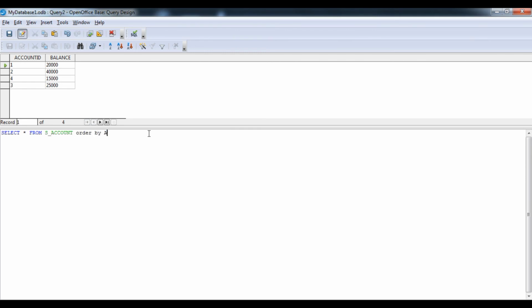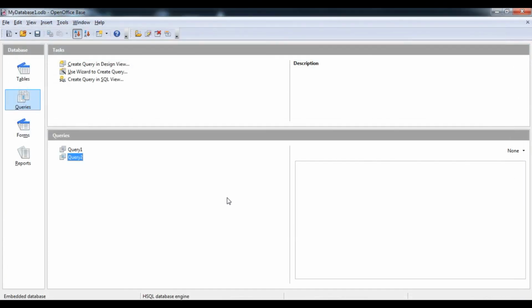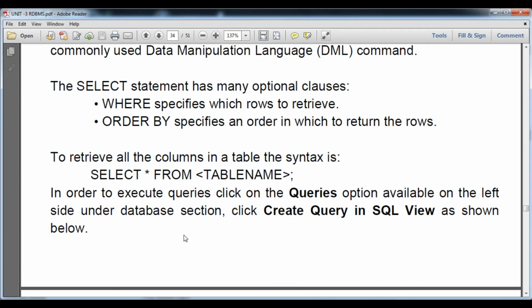So student, to understand what order by is, I will save this particular program like this only, with DESC. Now we are going to save it and press Ctrl W. So student, today we have learned using the select query along with the where clause to use conditions, and order by, ascending and descending order in any row or attribute.